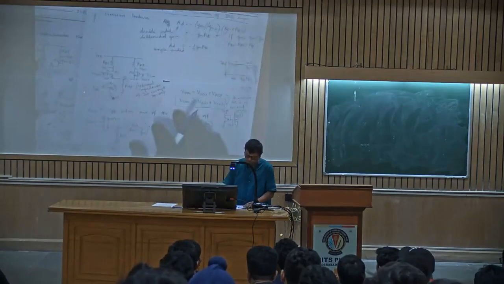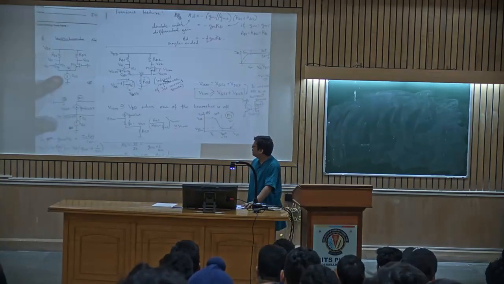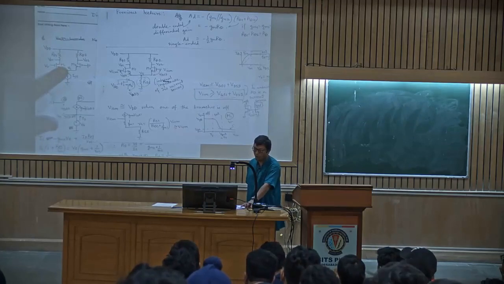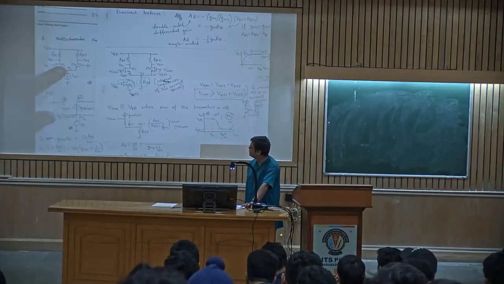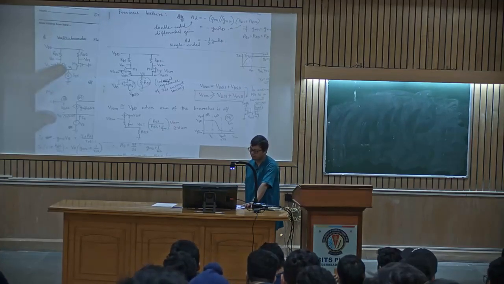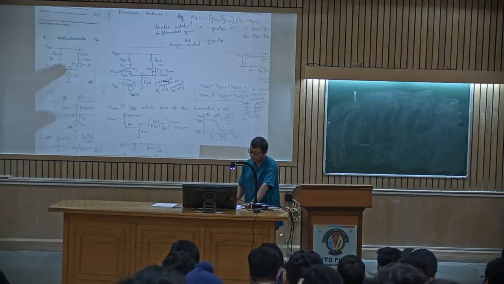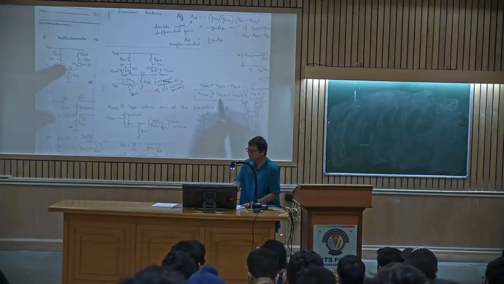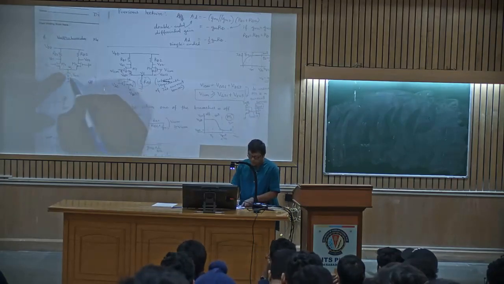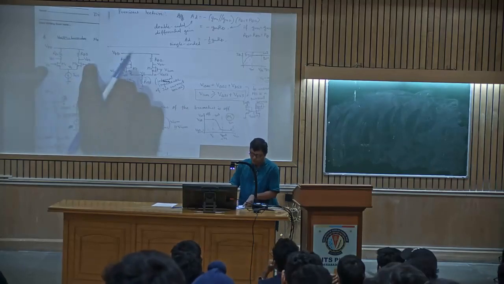So what we will have is that in common mode, this RSS, let me just keep this in series. So what is the minimum value of the VS which you can obtain? So the idea I am trying to impress is, the minimum value of VS which you can get is essentially given by VGS1 plus VOV. What is the maximum value you can get is defined by this ISS in common mode.